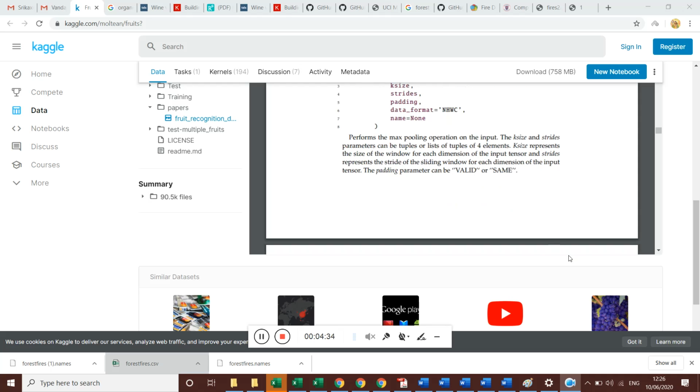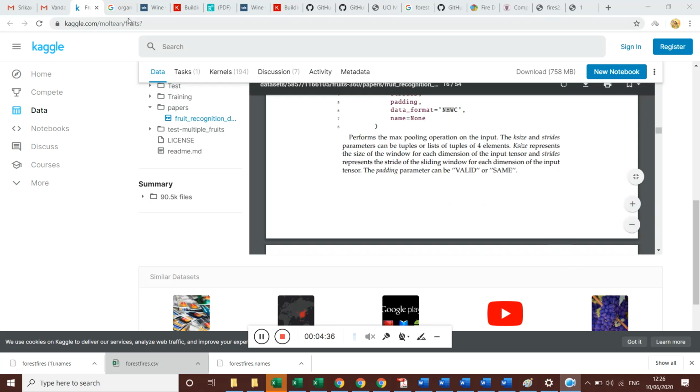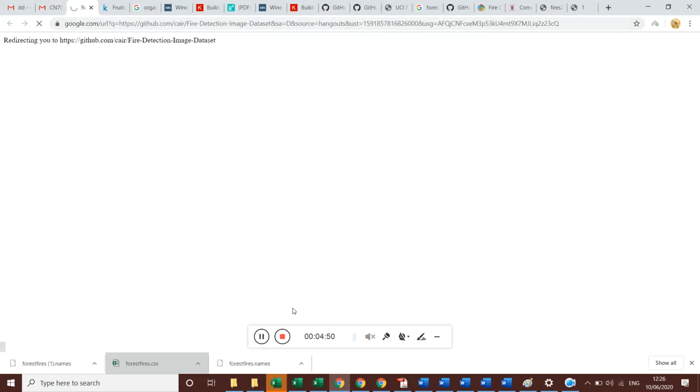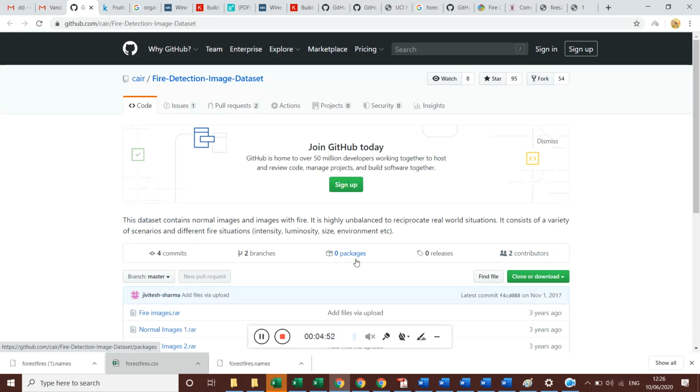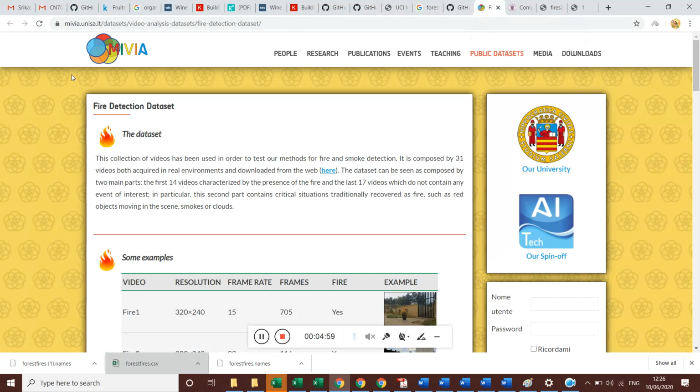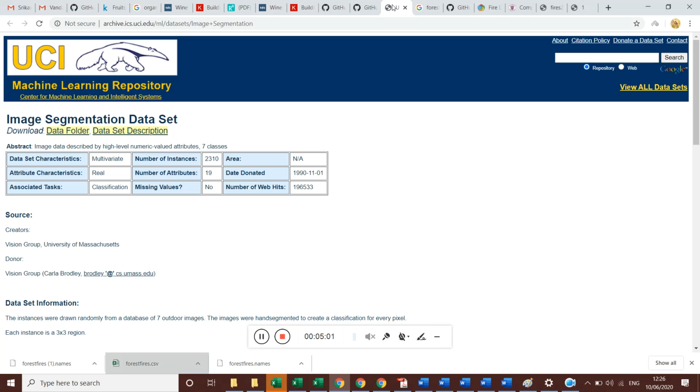All right, going to the next one, it is fire detection. If you cross check Mahesh's work, it is related to the forest fire. You will be detecting the fire by using a convolution algorithm. I shared another link also, Mahesh, you just cross check. The aim, if you open the first link, is the forest fire.